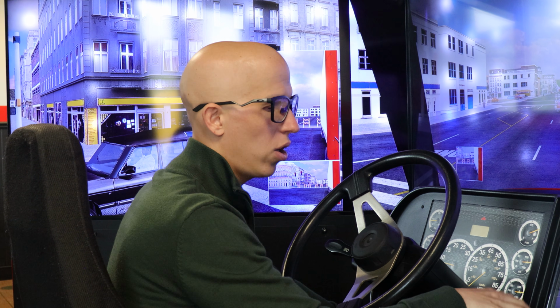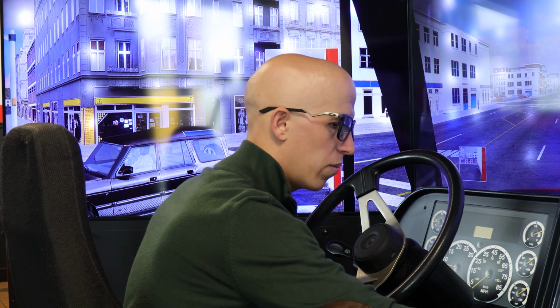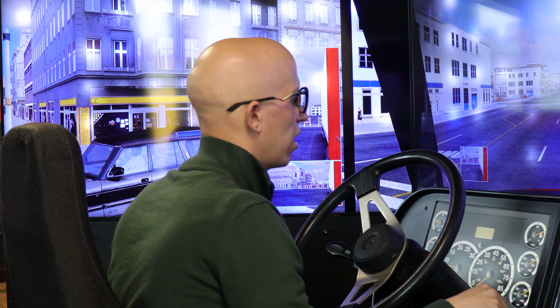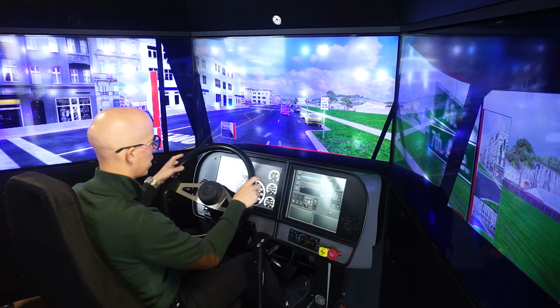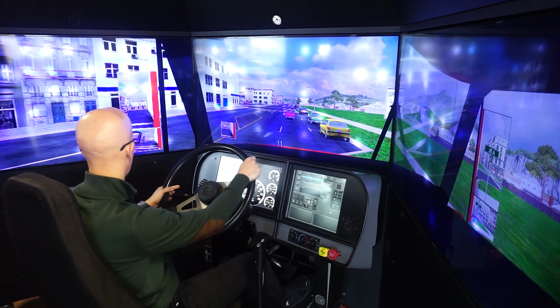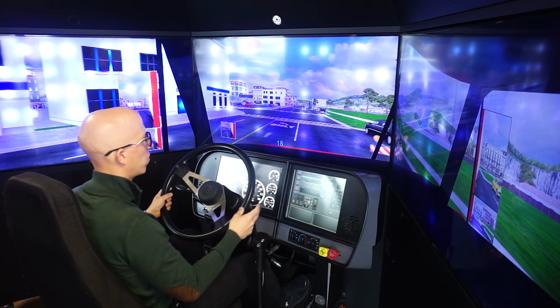I'm putting myself in a 48-foot trailer and in an automatic, so you don't have to worry about shifting. I already turned on the engine, so we're going to push in both brakes, press drive, and get going. As you're driving, like anything else, of course, two hands on the steering wheel, and make sure you're using turn signals. Now when it comes to right turns, you have to understand it's going to be broken down into three